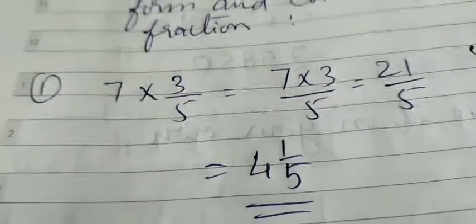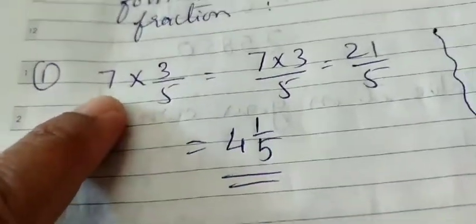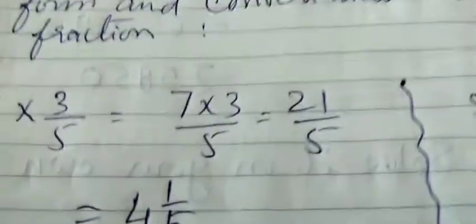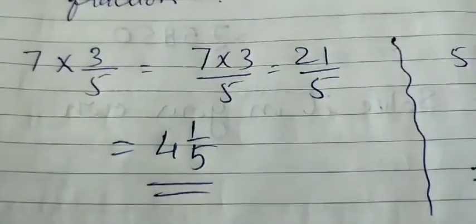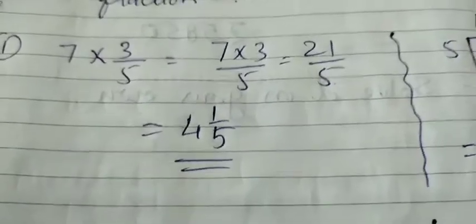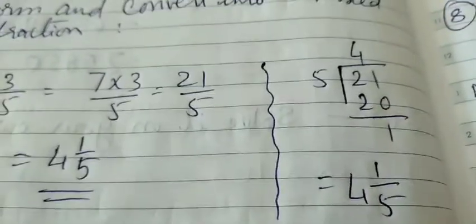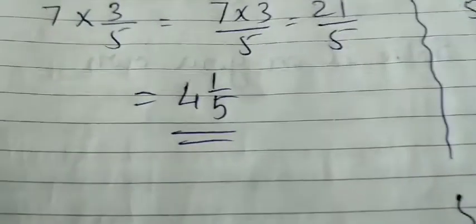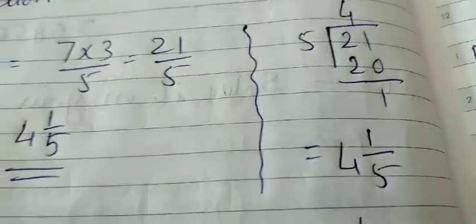And in the denominator of 7 we have 1. We all know, I had already explained to you, integers have 1 in their denominator. When nothing is there, 1 is there. So 5 1s are 5 and 7 3s are 21. 21 is an improper fraction, and in the question itself it is given convert into a mixed fraction. So here compulsorily you cannot leave 21 by 5 like that. You have to carry out further division. Divide 21 by 5 and you will get 5 4s are 20, and so the mixed fraction will be 4 integer 1 upon 5.